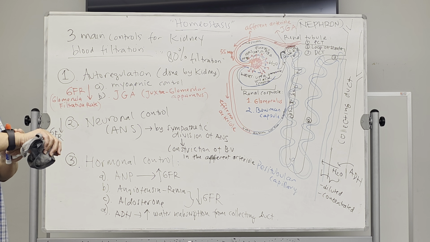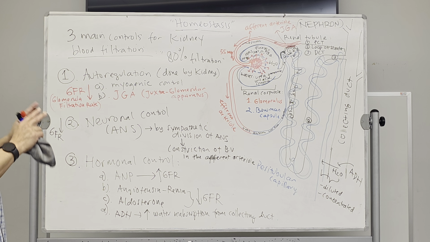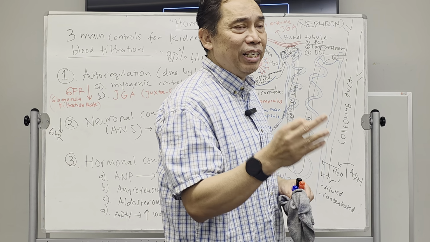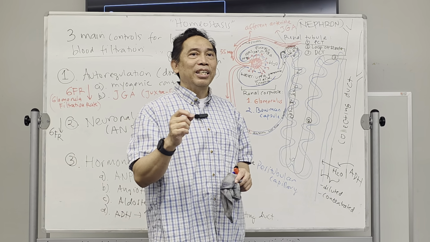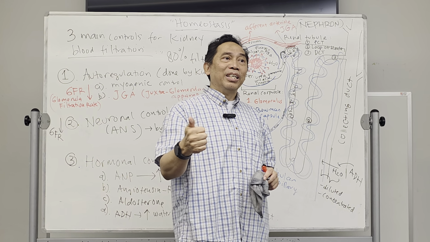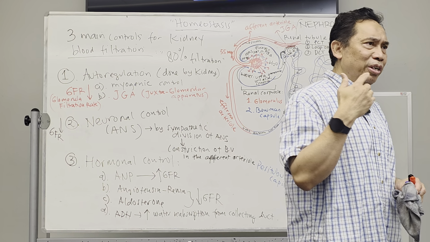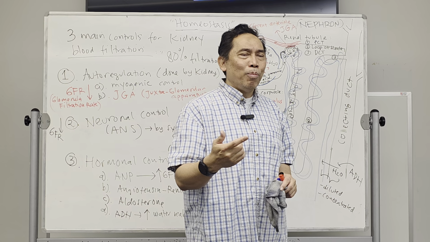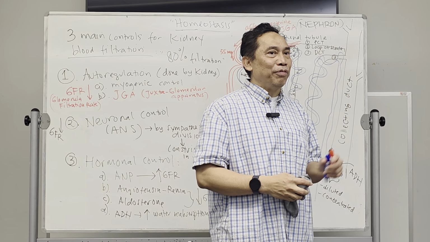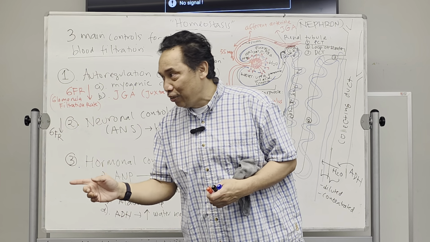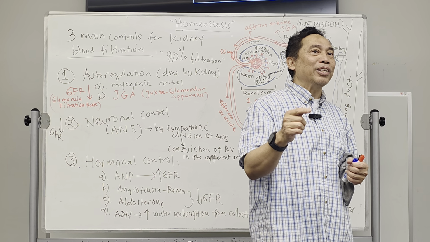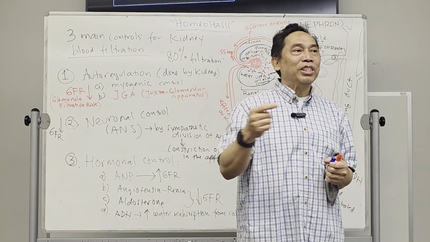Do you have questions for this? No? Okay, for the rest of this chapter, especially for the names of the abnormalities and diseases, please read the PowerPoint. There will be a lot of questions coming from that also. Like, for example, kidney stone, renal calculi, and then urinary tract infection, UTI. Mostly the UTI comes from outside, not from inside your body. It means that the first organ of the urinary system that will be infected will be what? Will be the urethra, because the urethra is the one closest to the environment, especially for girls.